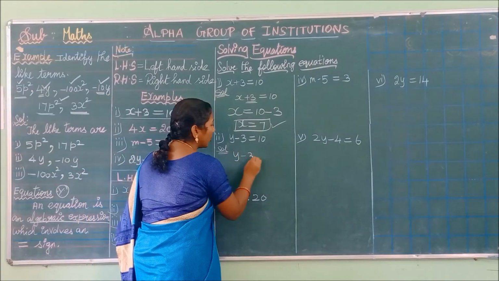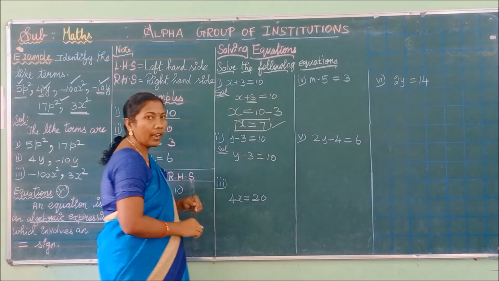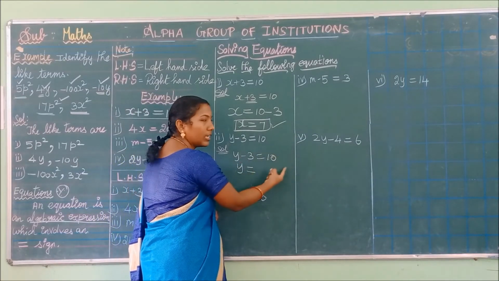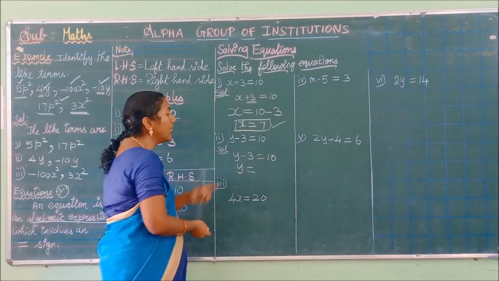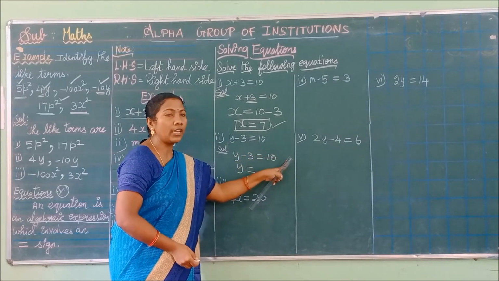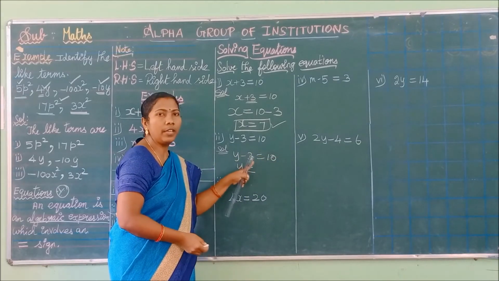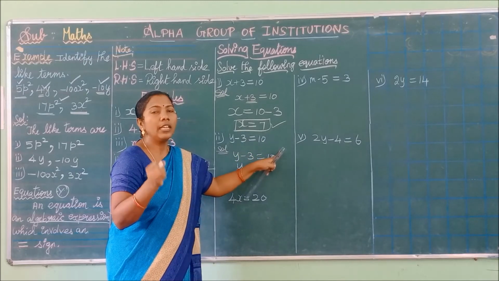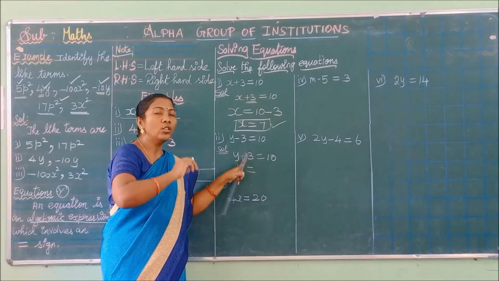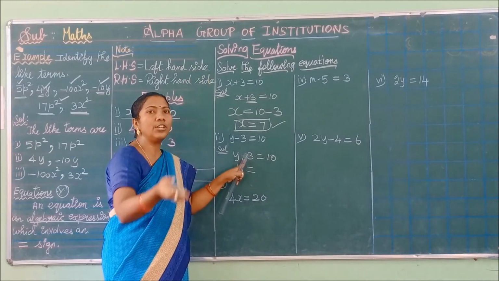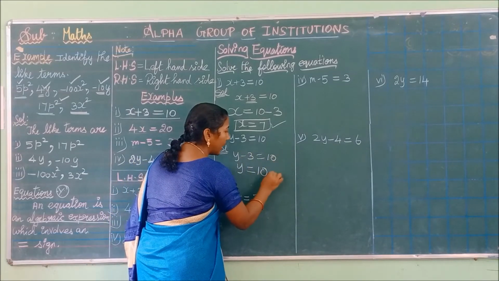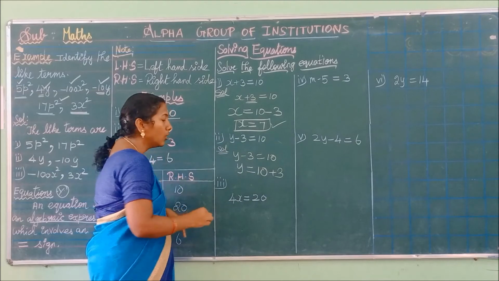First, you have to write the question. y - 3 = 10. After that, you have to bring this minus 3 to the RHS side. Minus 3 is present on the LHS side. Now we are going to bring this minus 3 to the RHS side. When you bring any number or variable from one side to another side, its sign should be reversed. So here our operation is subtraction. How should it be reversed? It is reversed into addition. So write the 10 as it is and write this minus 3 here as plus 3. So what is your answer?